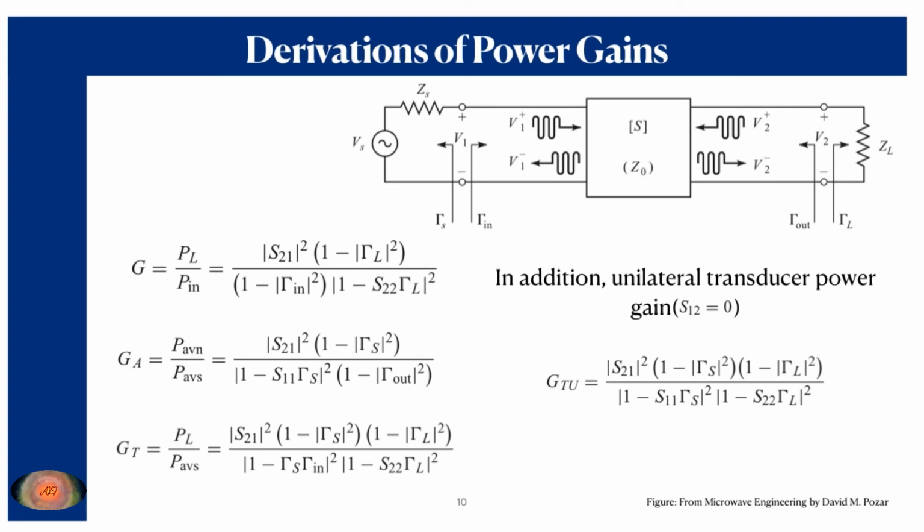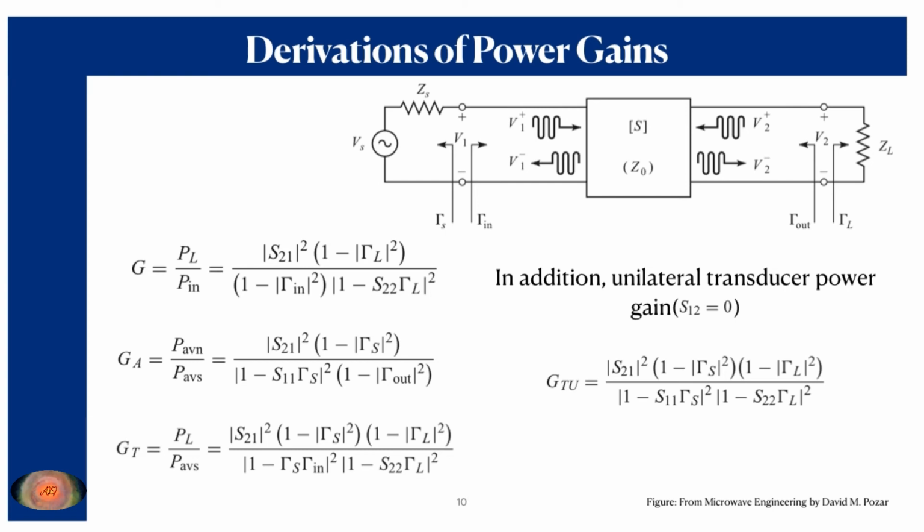In addition to this, there exists another power gain which is generally used for the unilateral device. Unilateral device means when the excitation can be accepted by the device only from one port, mainly from the input port. So that input port is defined as port 1. So if you apply the excitation at port 2, then no voltage will be available as output at port 1.